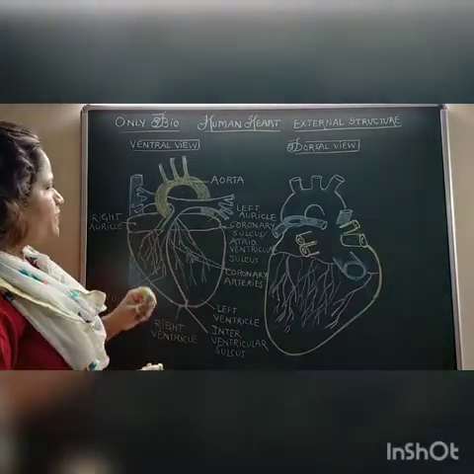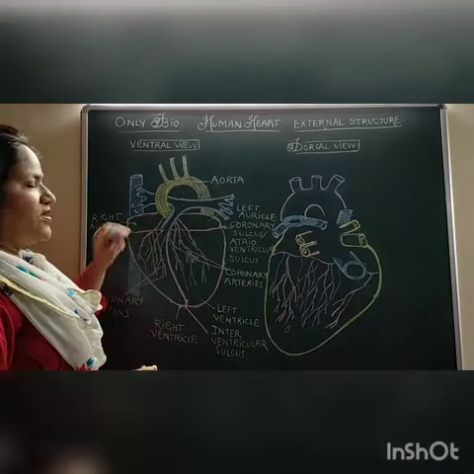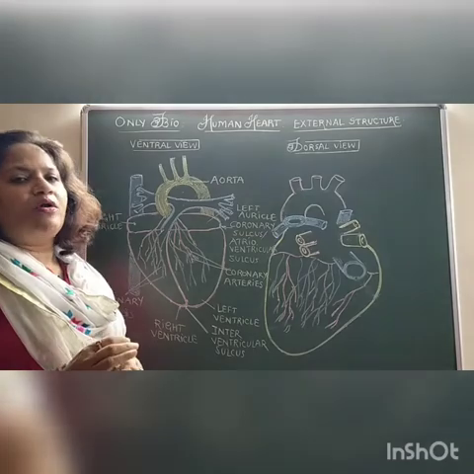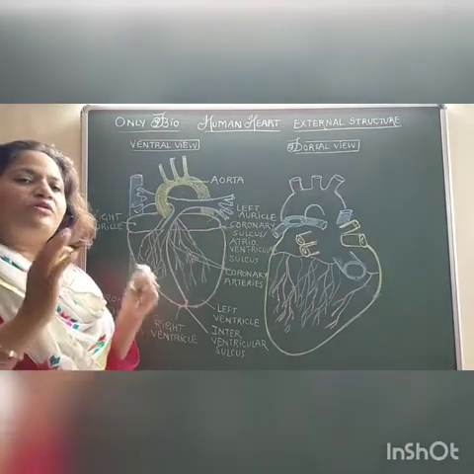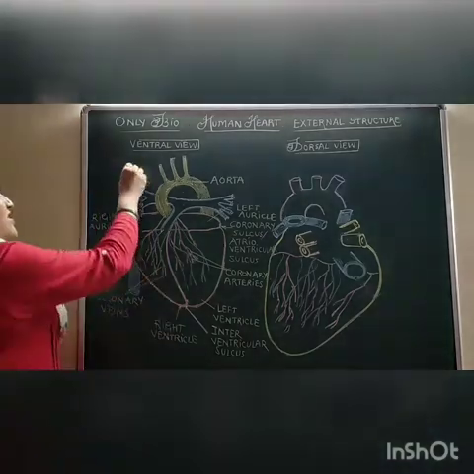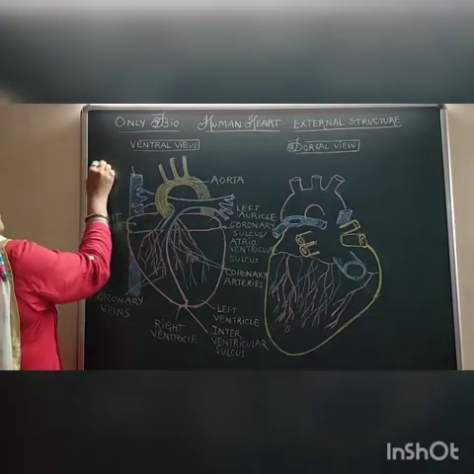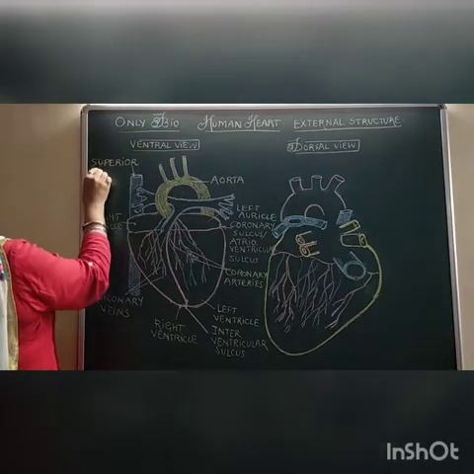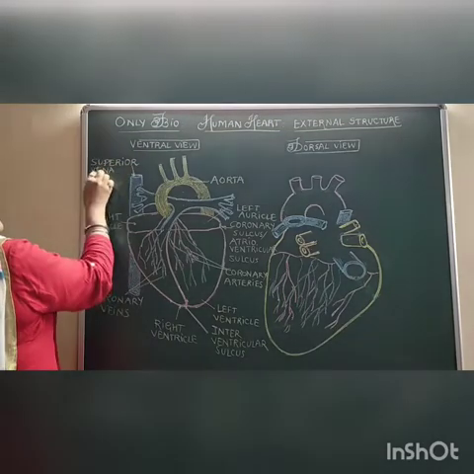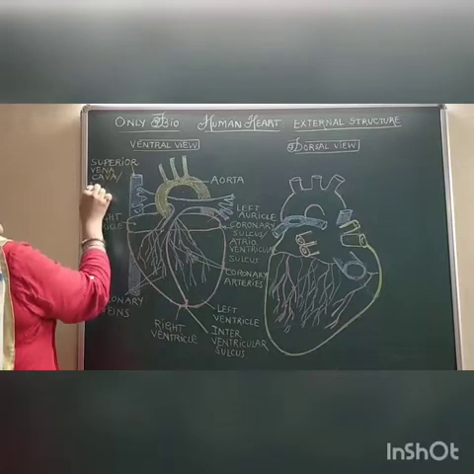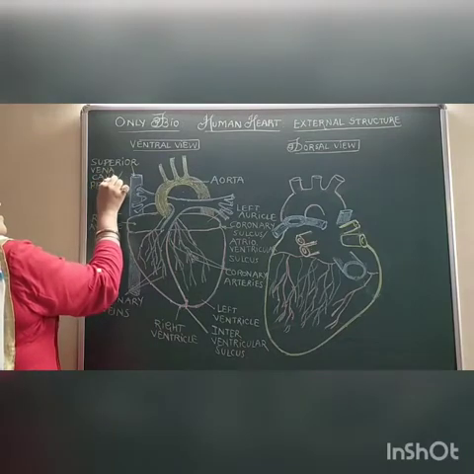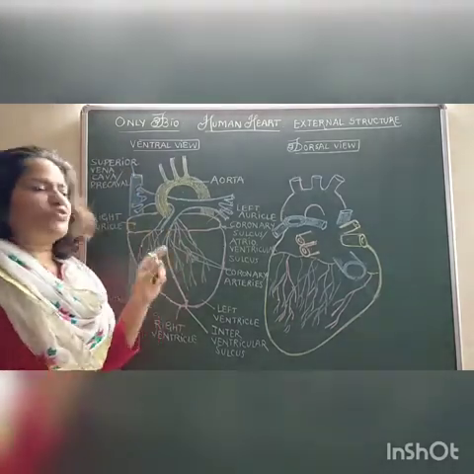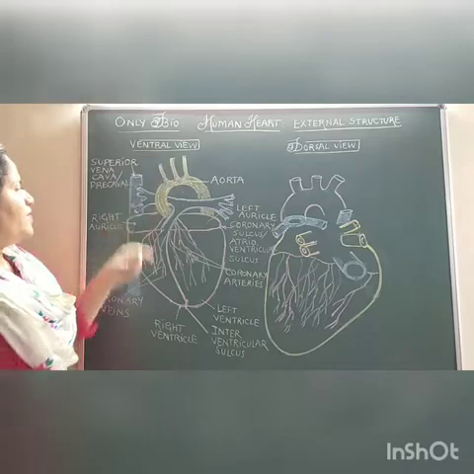Now coming to the next part, that is the right auricle. The right auricle is filled with the impure blood that is picked up from all the parts of the body. This is done by means of this blood vessel, the superior vena cava, which is also called the precaval, which collects the impure blood from all the parts of the body that are above the heart, and it opens